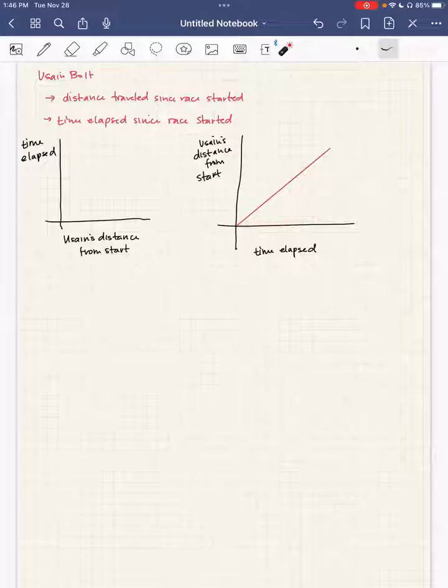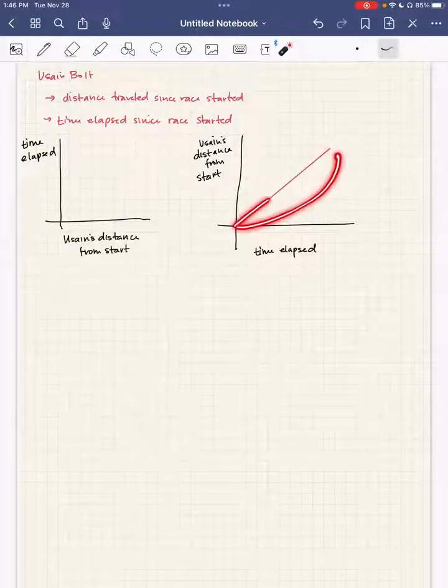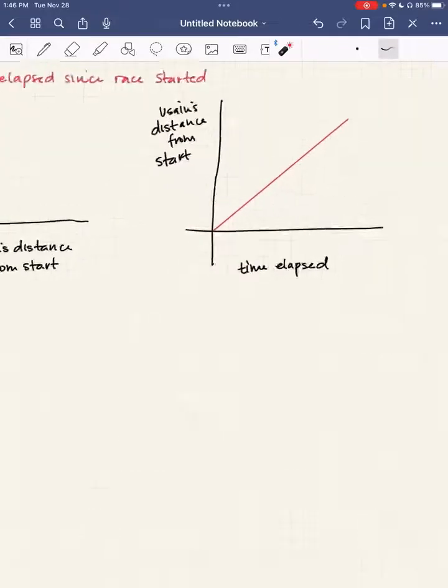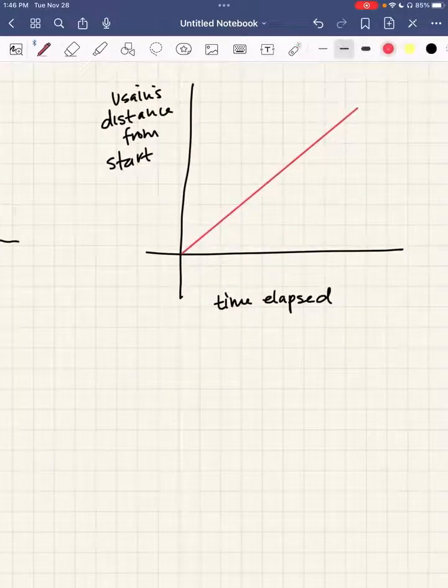But this isn't the only way to draw it. I could draw it like this, I could draw it like this, or I could draw a straight line, or I could do some combination of them. But when we draw a straight line, we are communicating something very specific about how they are changing together. And so maybe the way to think about it would be to do something like this.